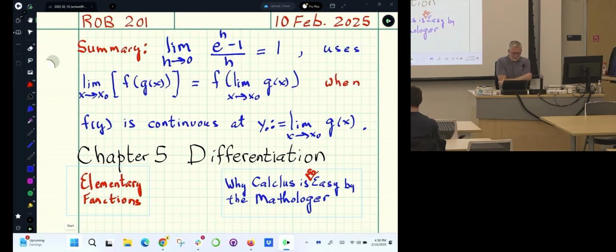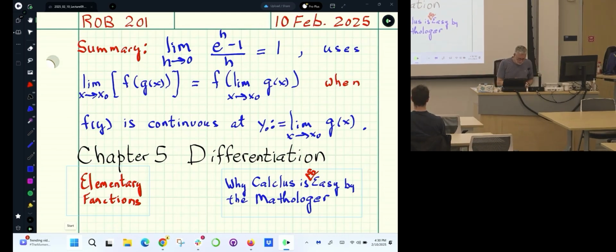Okay, so last time we were looking at a very careful definition of continuity, and its big payoff was the ability to take limits inside of functions. What it says is if f of y is continuous at y0, where y0 is the limit of g of x as x goes to x0, then you can take the limit inside. And it just simplifies everything. And with that